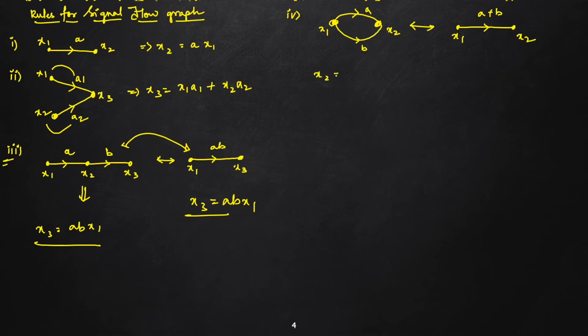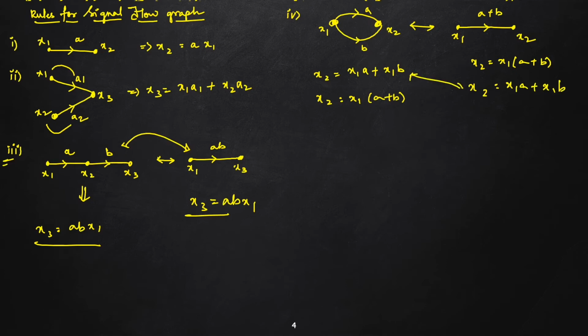So here x2 is equal to x1 into a, and also x2 is equal to x1 into b. So from this, x2 is equal to x1 of a plus b. Here also, x2 is equal to x1 into a plus b, which is equal to x1a plus x1b. So you can see both cases are equal to each other. So, fifth rule,